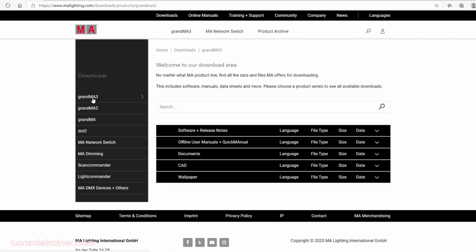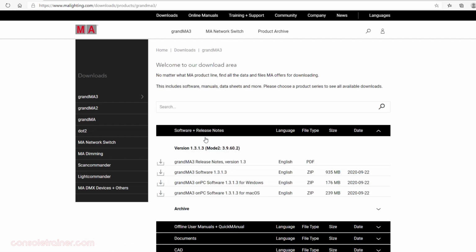If you're using a PC, there's nothing fancy to updating. Just download the Windows or Mac version and then install that on your computer. If you've got physical consoles, then you want to download the console software here. You'll notice that there's only one download, not two separate downloads like we had on the MA2, where one was for Network Update and one for StickMaker. This one download comprises both the Network Update and the clean install.